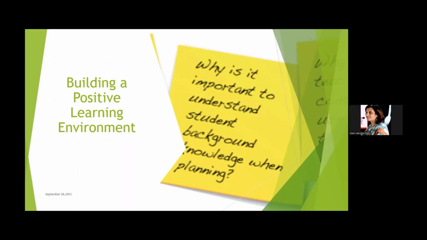Yes, here you are asking why it is important to understand student background knowledge. Because if we have the previous knowledge of the child, then only we can plan from where to start. That is why it is important. So we can start with that knowledge, make use of the previous knowledge, and add our teaching pattern into it and move ahead. Yeah, no, definitely. And the child will be interested, and he will not be bored, yeah.